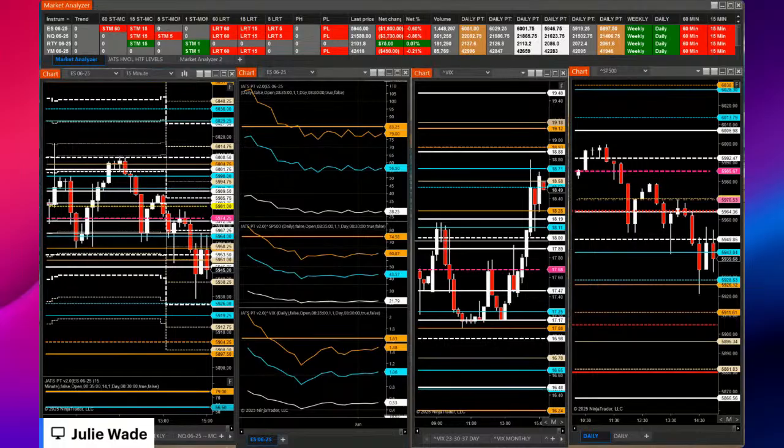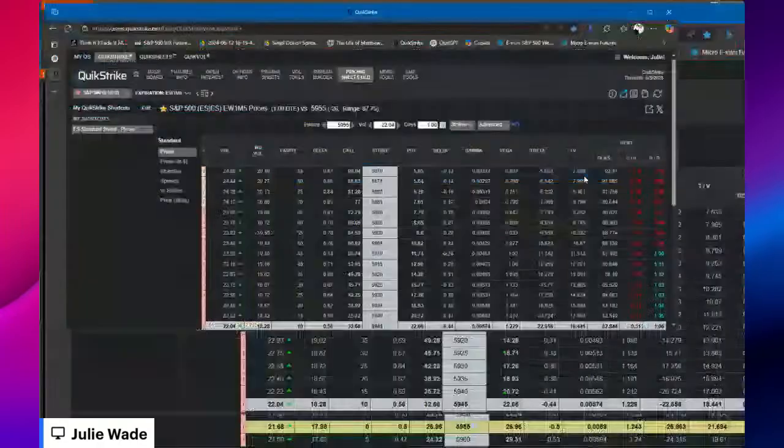Building a new model that wasn't on the report this morning. Just finished the model up today. I had noticed that the quarterly contract for the ES options, Quick Strike, we can use Quick Strike to get the implied volatility